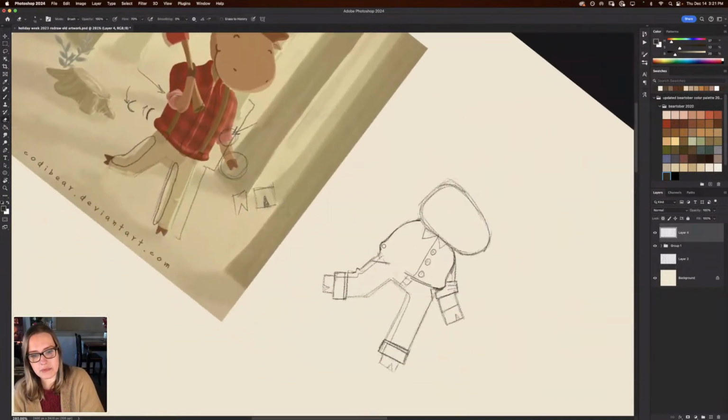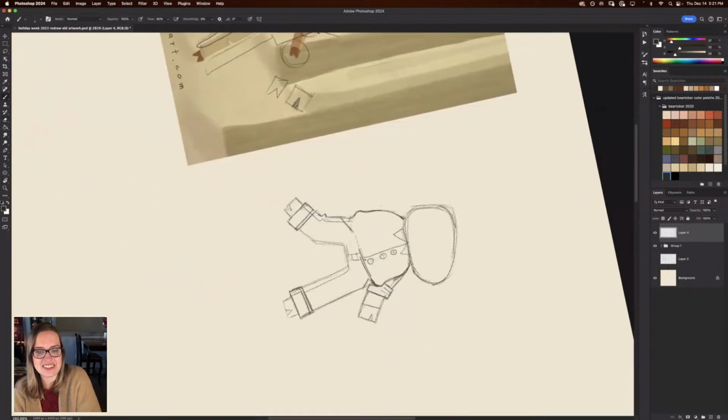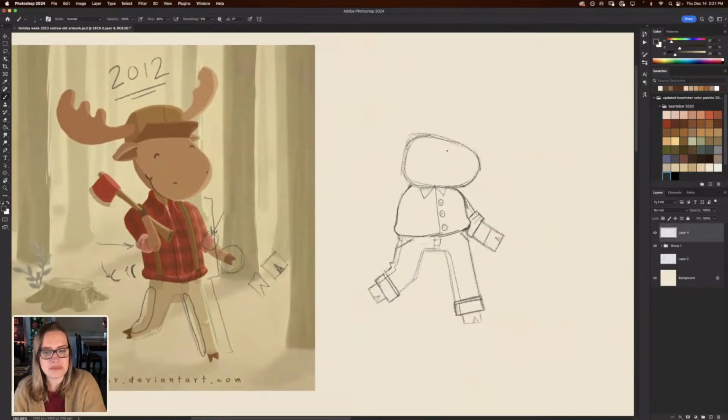It's so fascinating even for me to see how much my style has changed, because like I said, I didn't plan this or anything. I didn't know how this was going to go today, so I'm just trying to figure it out as we go. I don't know how I'm going to place his eyes.